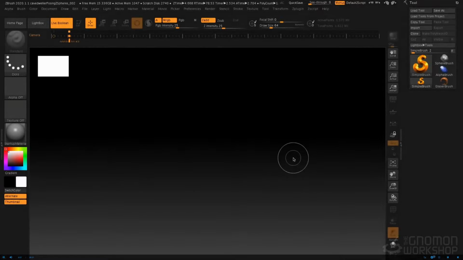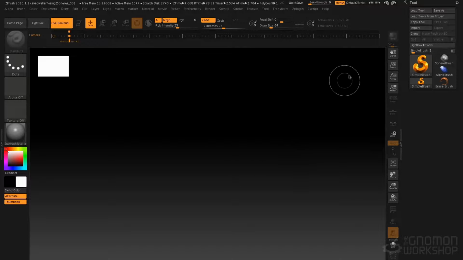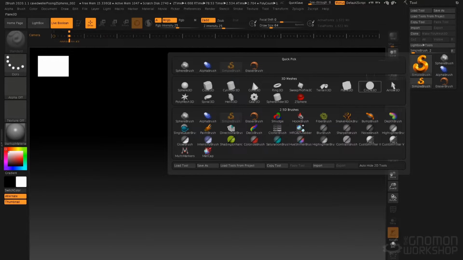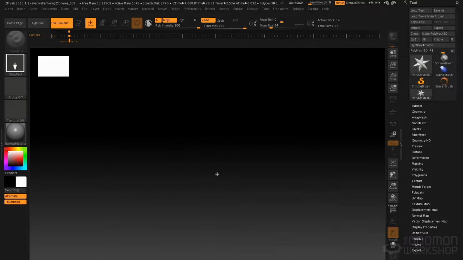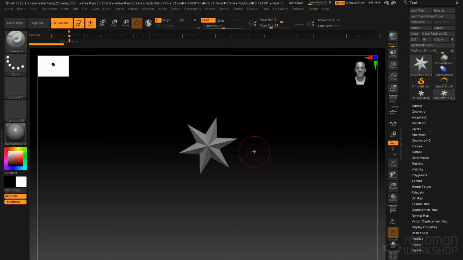Now let's take a look at ZModeler. ZModeler is a polygon modeling toolset that's available in ZBrush, and we access it by first of all having a default model open. I'm going to open up a PolyMesh star, draw it on the canvas, and go into edit mode. Now, the best way I find to start a model in ZModeler is to go to the Initialize menu